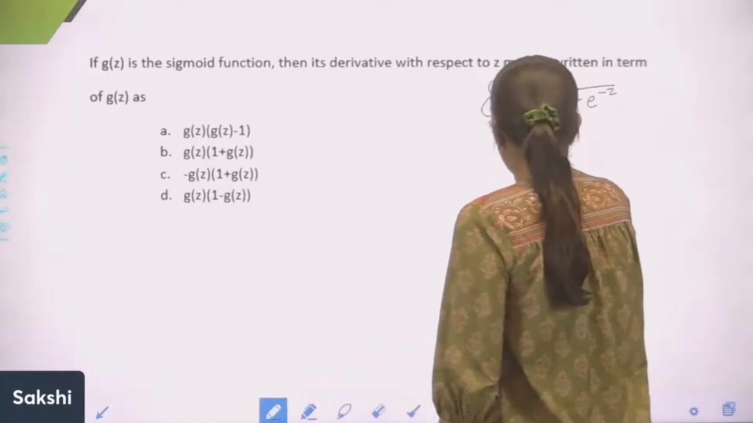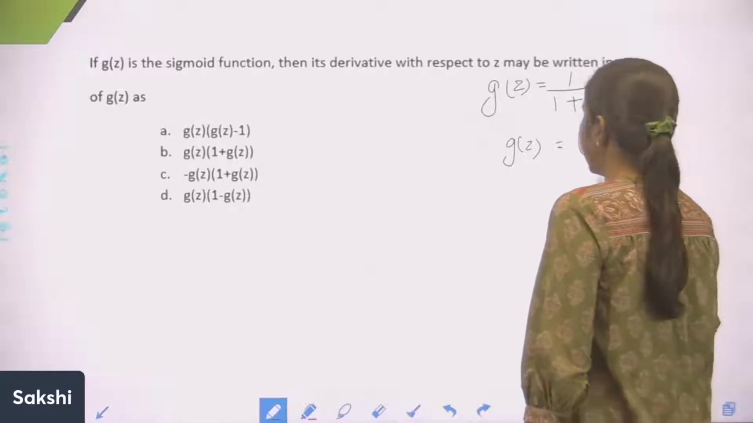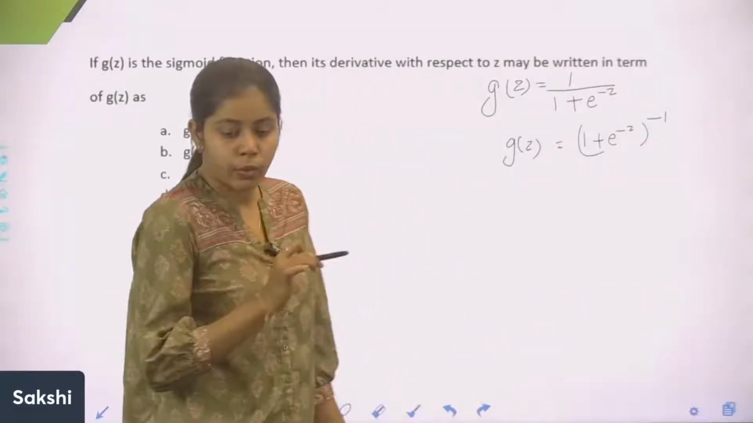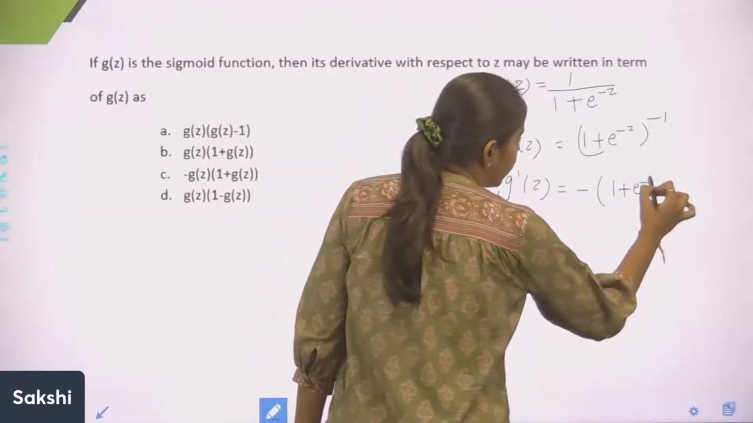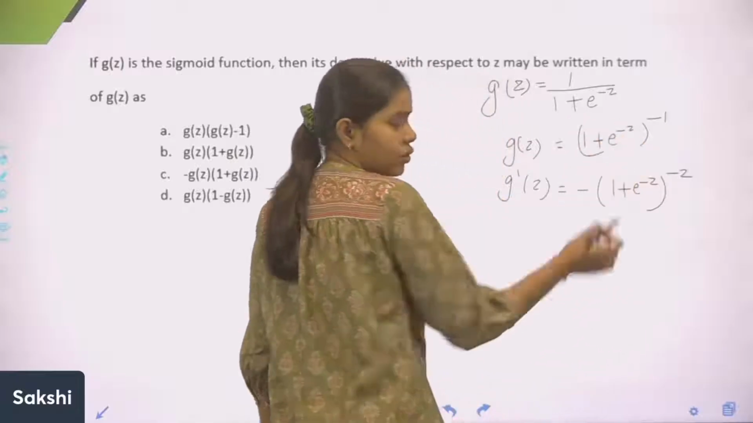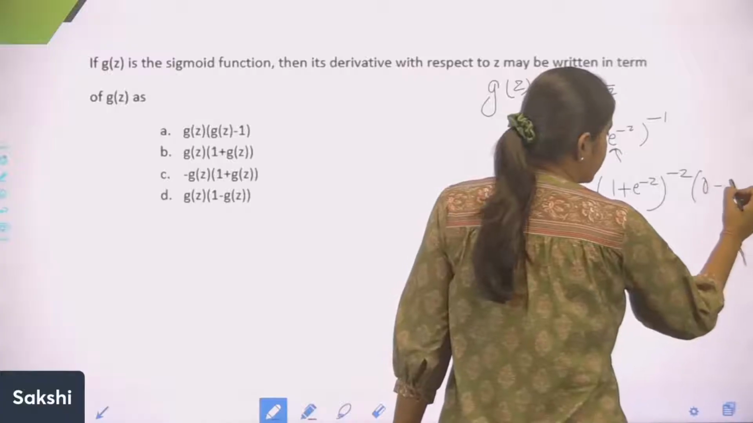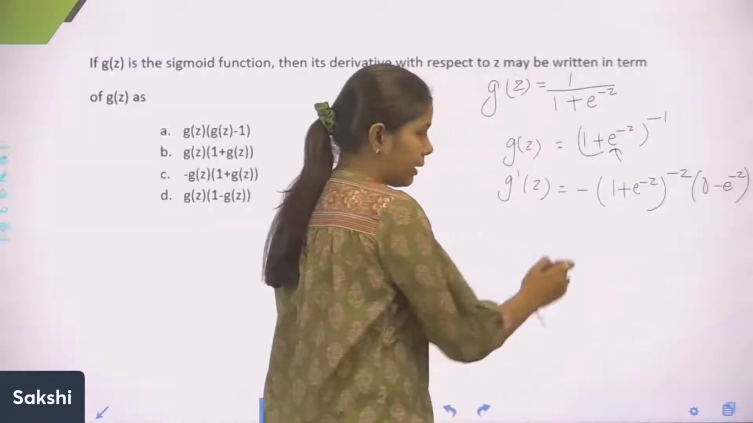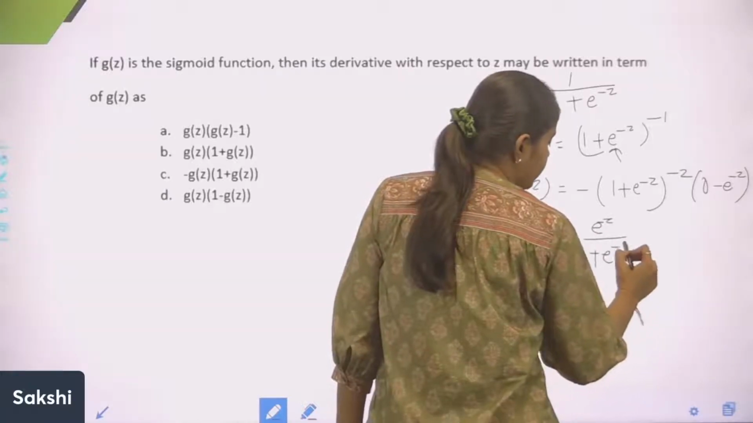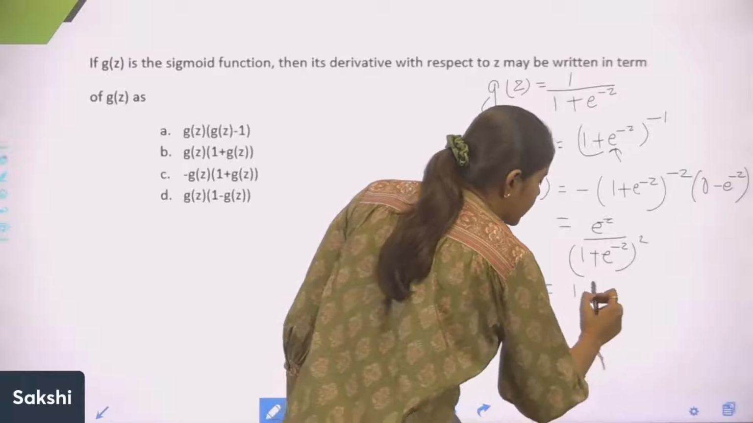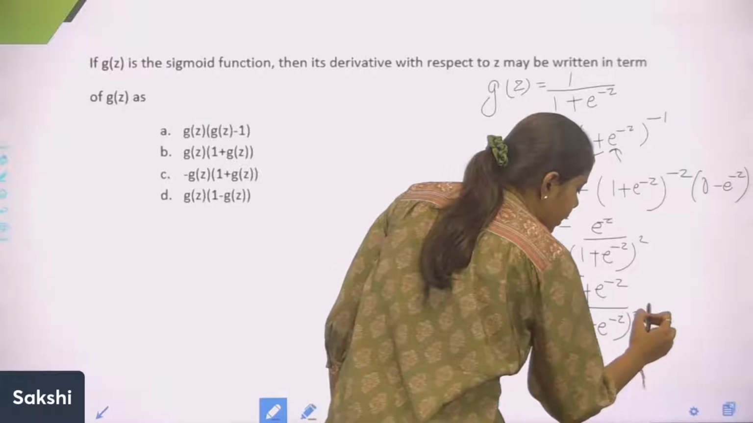Let's simplify it. Let's write down g(z) is equal to 1 upon 1 plus e to the power minus z, to the power minus 1, and I can use the chain rule, right? So what does the chain rule say? The chain rule says g dash is minus 1 times (1 plus e to the power minus z) to the power minus 2, and the differentiation of what is inside the brackets. The differentiation of 1 is 0. The differentiation of e to the power minus z is minus e to the power minus z. This minus minus plus, you would have e to the power minus z upon (1 plus e to the power minus z) square. Now you can write this as 1 plus e to the power minus z upon (1 plus e to the power minus z) square